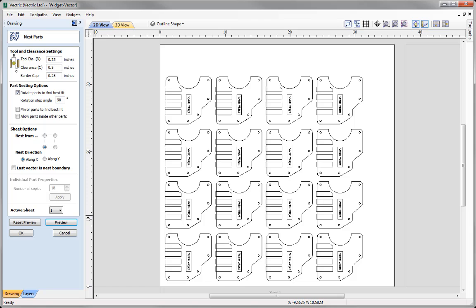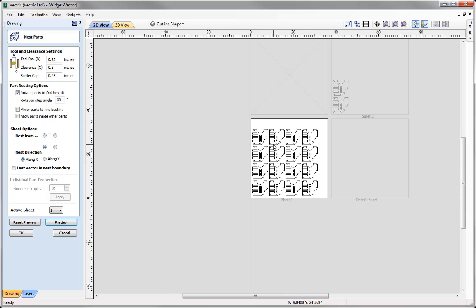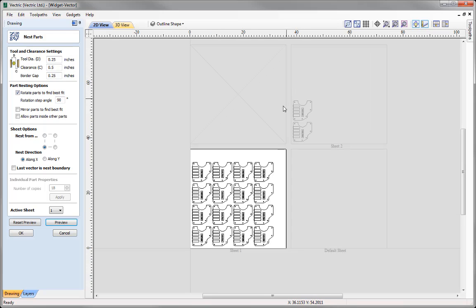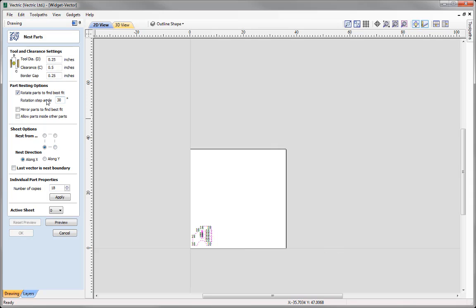and then we could simply press apply and we can preview that, and we can see that we've got our parts here. I can see straight away that they've not all managed to fit on the one sheet. We've got two that have overspilt there, so what we could do is maybe look at reducing the step angle. So we could put that to 30 degrees. Well, first we'll just reset that preview, put that to 30,